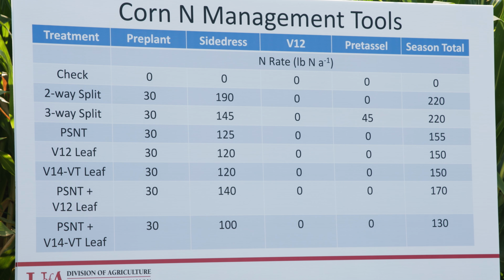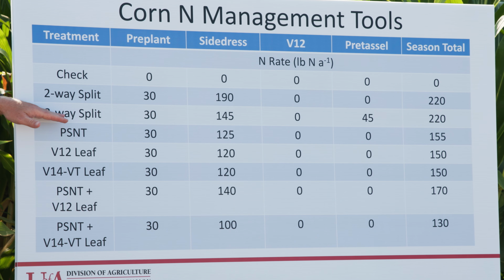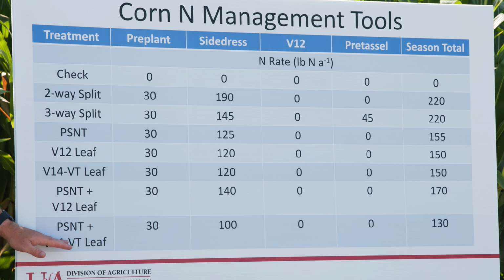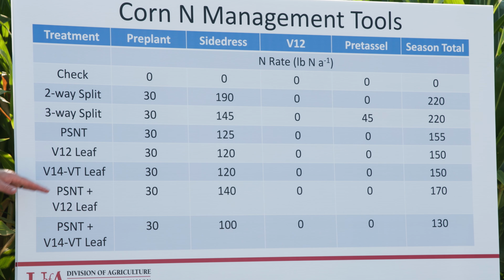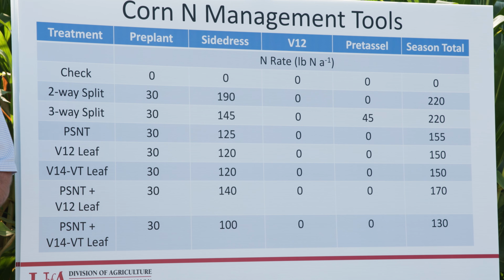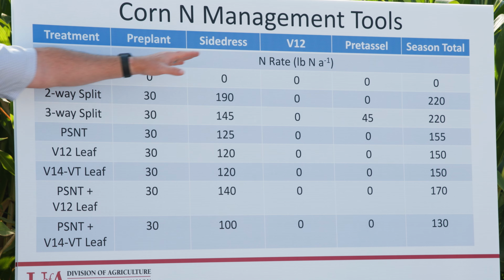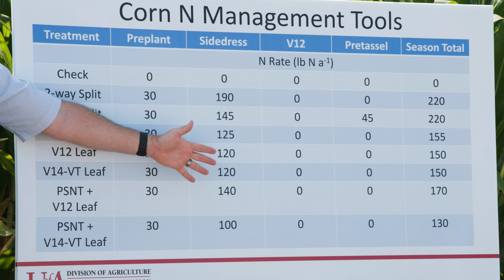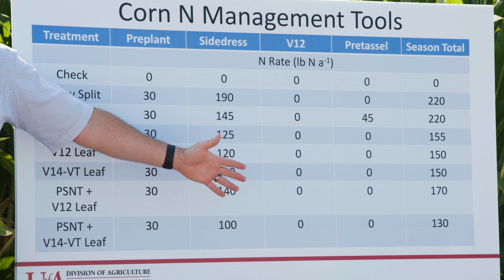So one of the other tools that I want to talk about real quick is a combination of our nitrogen management tools in corn. This is actually data from the study that's just behind me. Part of the purpose of this study is to compare our standard approaches of 2- and 3-way splits in corn to using some of these tools that we've developed, with the idea being that these tools should give us site-specific fertilizer rate recommendations. And over at the end is really where I want to draw your attention, the season total N rate that was predicted using these tools.